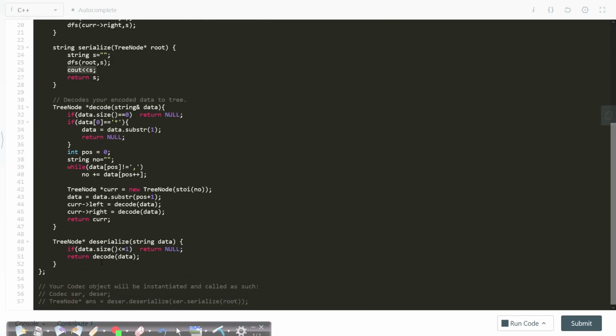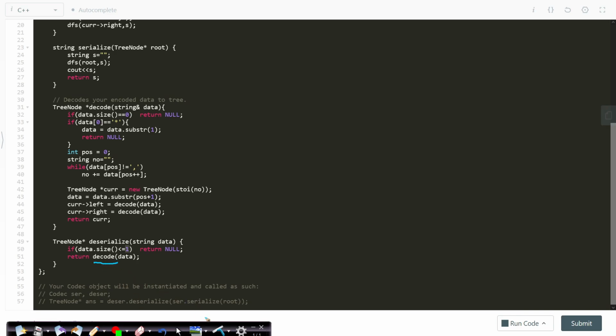The second part of my explanation was how to do 100% lossless deserialization. Now in this case, if the data size is less than or equal to 1, why? Because if the tree was entirely empty, if you had no root node, then your entire serialized string S would have contained a single star, which means the entire tree just contains a null pointer. There is not even a root. So in that case, your data size will be 1 and not 0. Okay, so let's say that it is a valid tree.